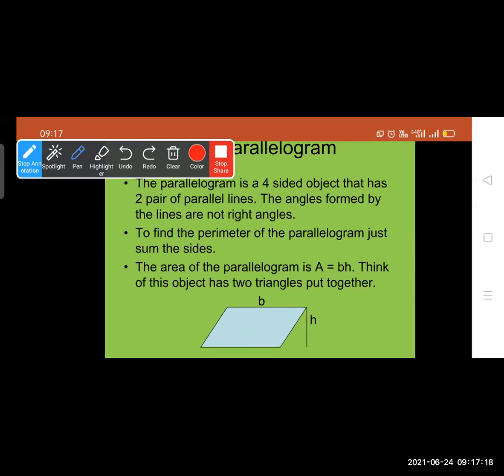And see students, here we learned the area of a triangle is equal to half into base into height. Okay. When we remove this half, we get area of parallelogram. So see, we divide the parallelogram into two equal parts. So see, this one is one triangle and second triangle. So that's why half of base into height. Look, we made two equal parts of the parallelogram. That means we get two triangles. So half into base into height is first triangle, and half into base into height second. Half plus half is one. So that's why we get area of a parallelogram is equal to base into height.